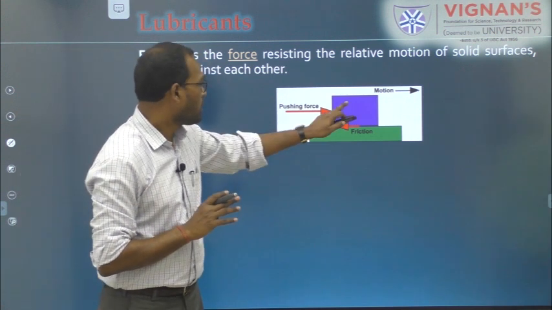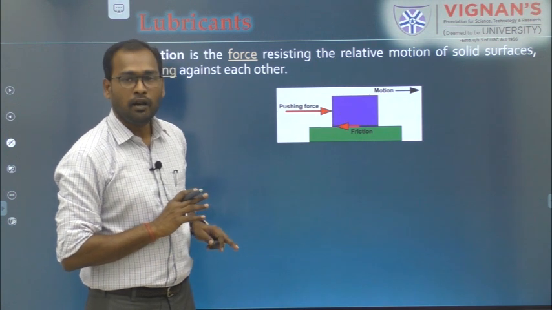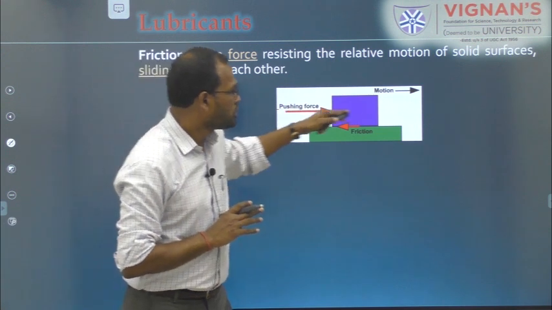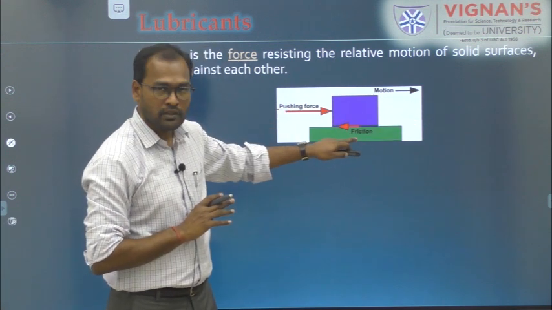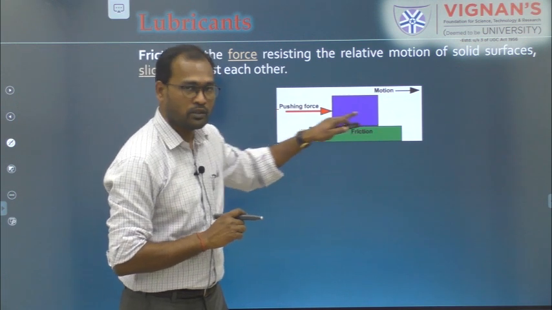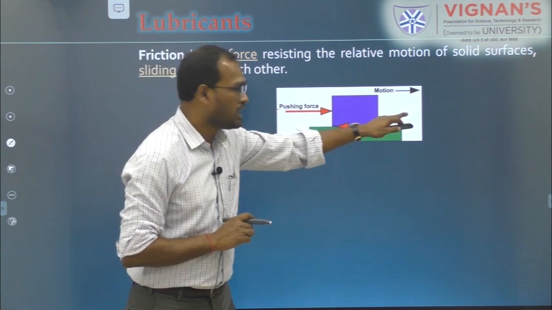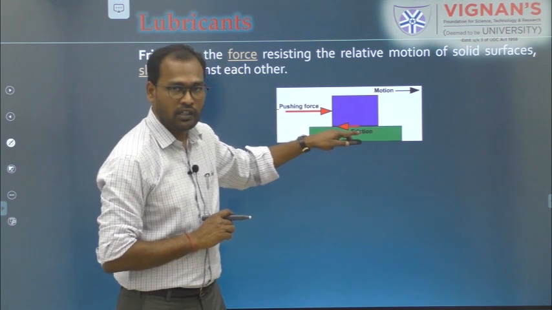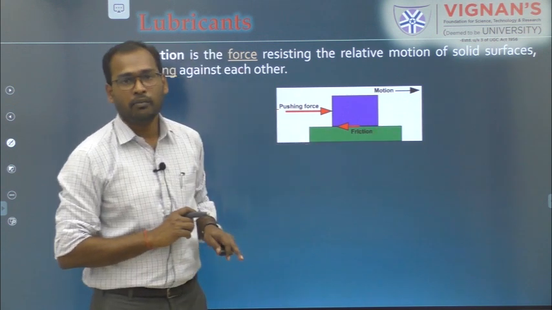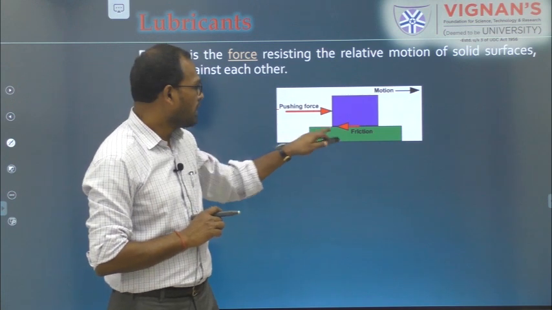So this is the image. This is your material which you want to move, and this is another material on which you have kept it. When you push in one direction, the surface at the bottom, because of some imperfection, resists the flow. If you are giving some amount of force, the same force will not be exerted at the end, because there is some friction over the surface which pulls the material back. Because of this, the entire force will not be translated. This force which resists the flow of material is called friction.